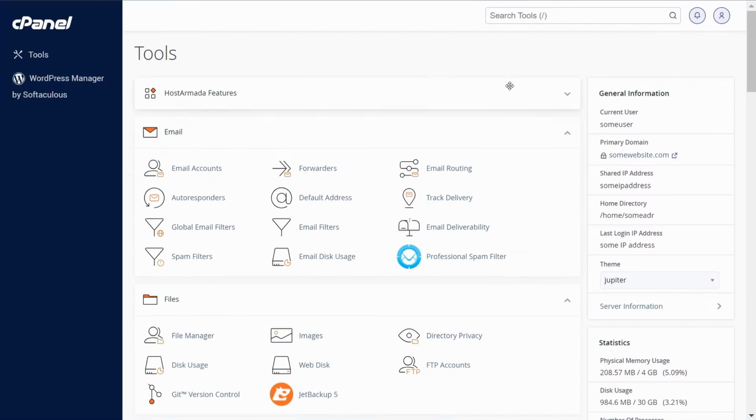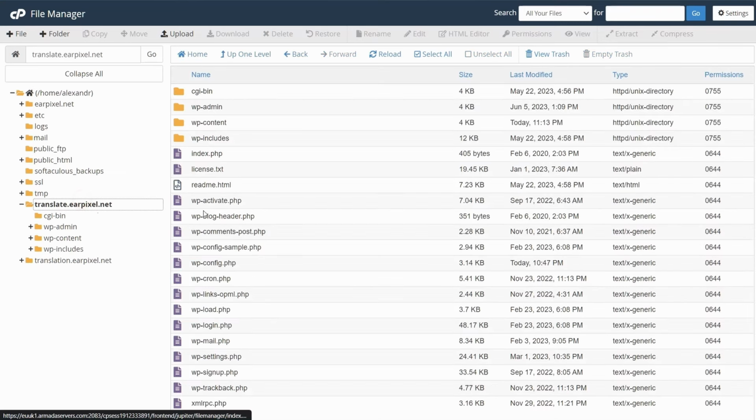Next, depending on your host, you'll need to connect to your site either via FTP or the file manager from cPanel to grab the file I mentioned earlier. I will go with the cPanel route. Here, in the main folder of your site, you will find the